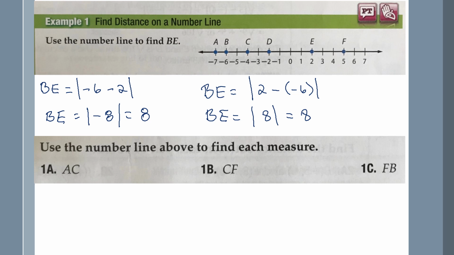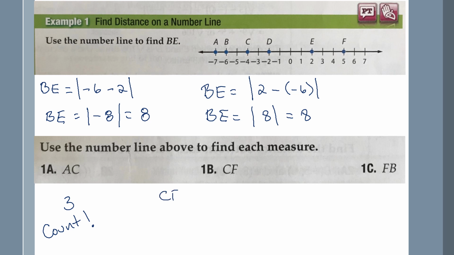All right, so let's take a look at this. AC, we can look at AC. Now, sometimes it just doesn't make sense to go through all this. I can very easily look at AC and count from A, 1, 2, 3, and just write the number 3. Go ahead and count it, if it's a small value. CF is one we could count, but we probably could just do it faster